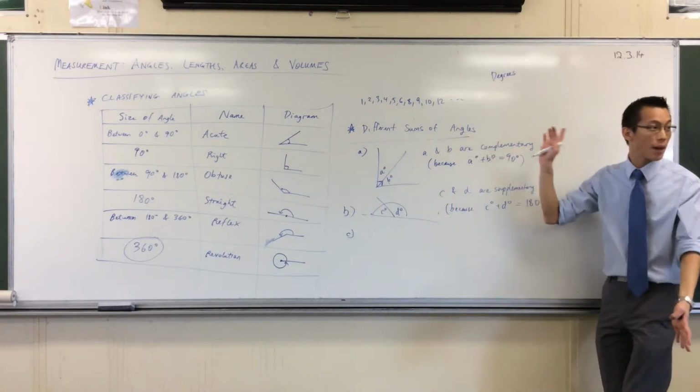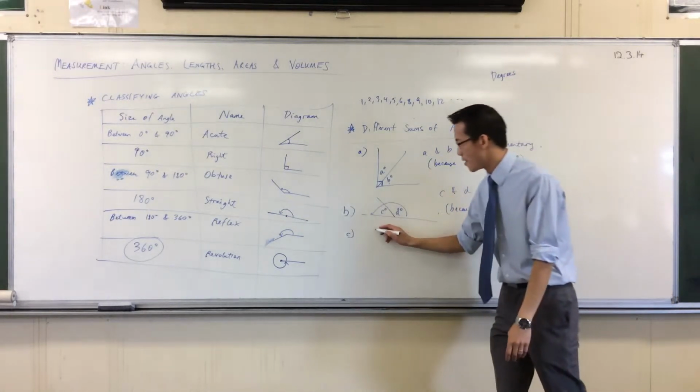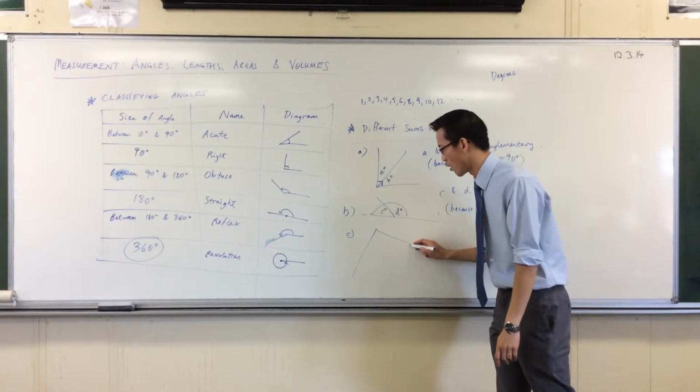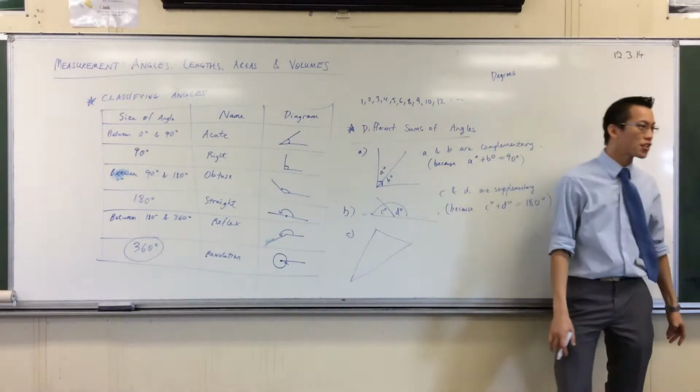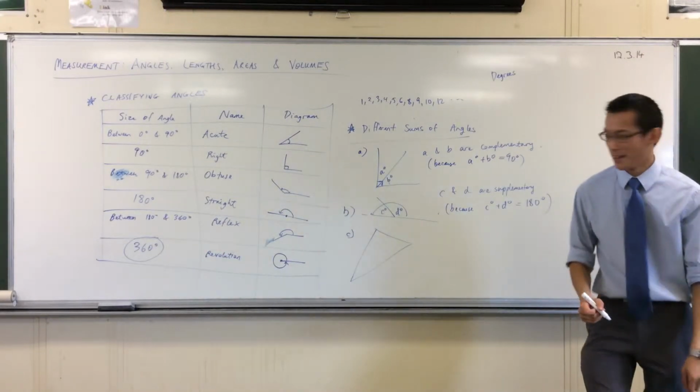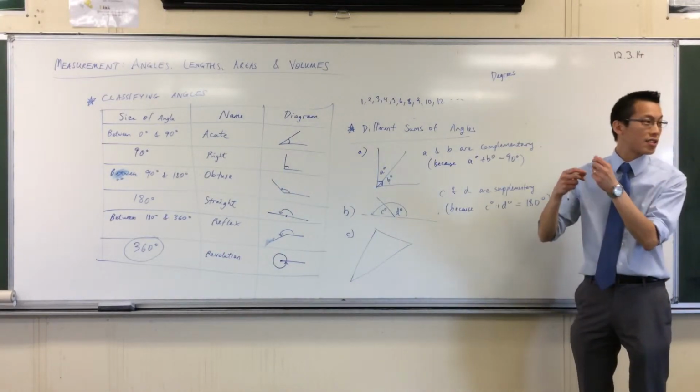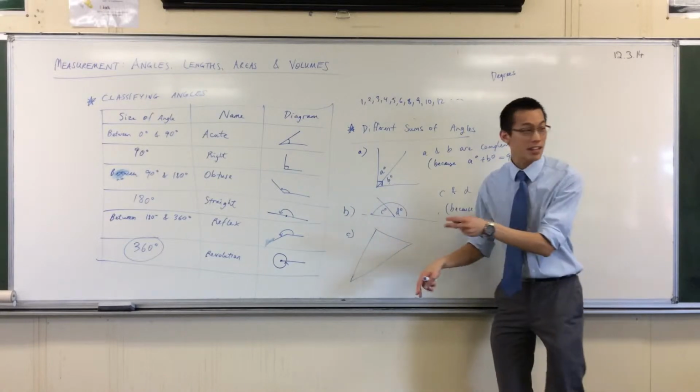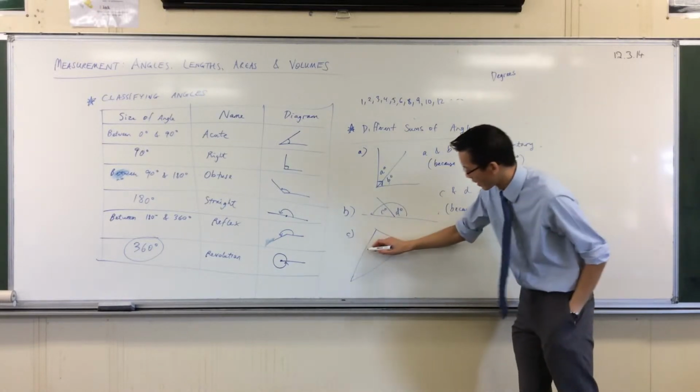Again, I'm thinking about when you add up particular angles. Now, if you've got scissors there, probably most of you don't, but if you do, I want you to cut a triangle out of a piece of paper. You can get like a scrap piece of paper or something like that. I can probably lend you one. Or you don't even need to cut it. If you can tear up a triangle into like 3 pieces,